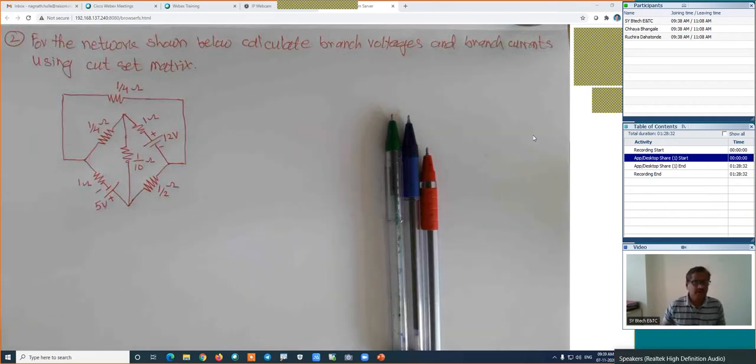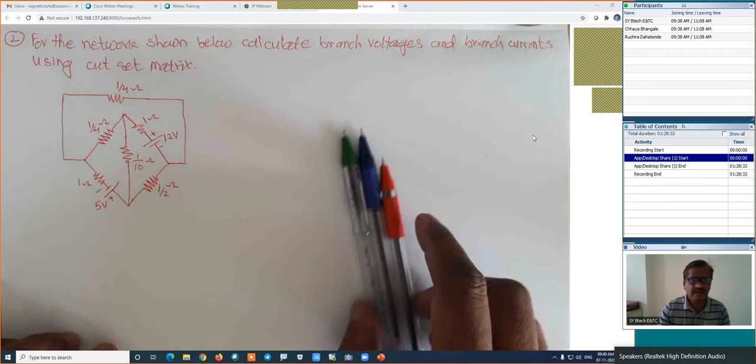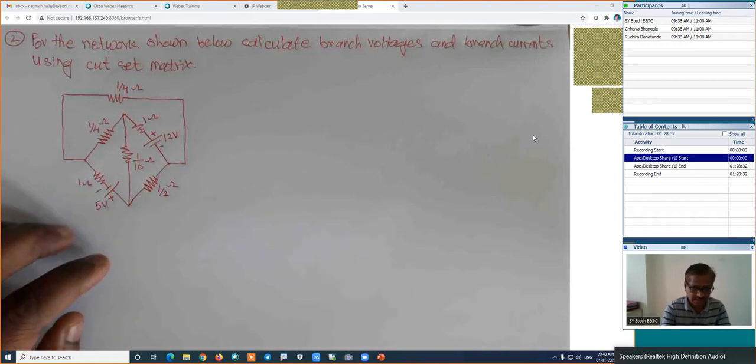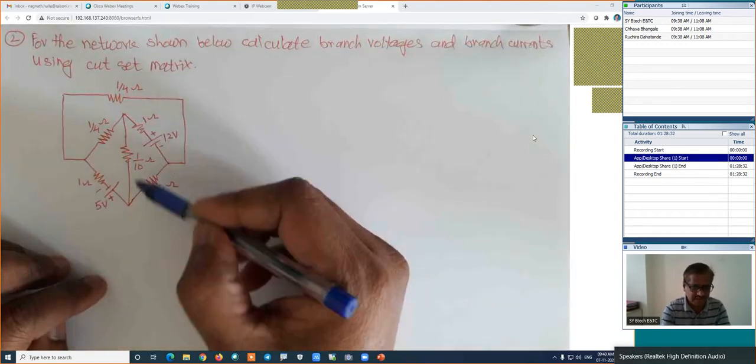Good morning to all, and today we will discuss the calculation of the branch voltages and branch currents using the constraint matrix for this particular given network. What is the requirement of this constraint matrix? We have to represent all these branches in terms of the